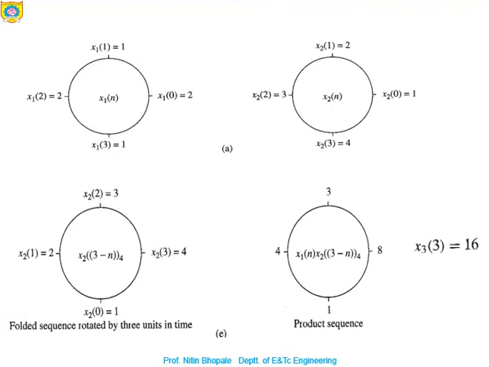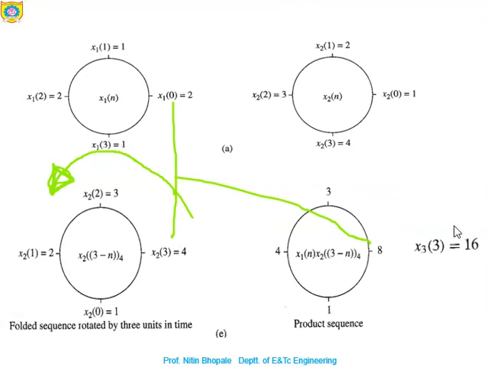So in short, we just need to circularly shift the x2 of minus n, remember here the folded sequence, by 1 each and every time, and just multiply it with the x1 and that too with the respective location, nothing else. And after that just add it so as to have the faithful result. Here 2 into 4, that will give 8, and 1 into 3, that is 3, and 2 into 2, that is 4, 1 into 1, that is 1.